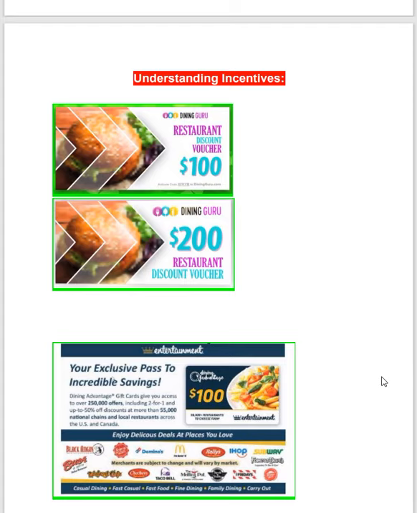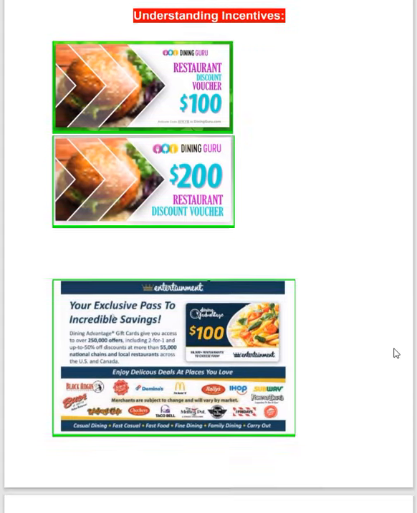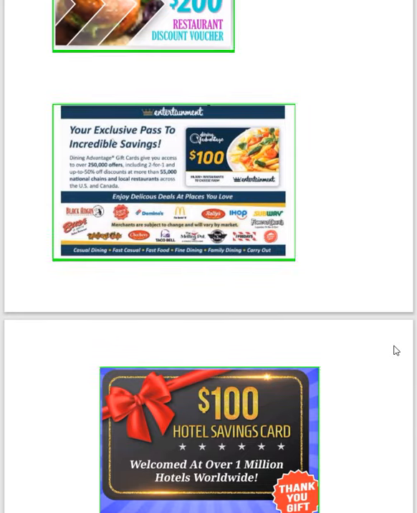So what are the incentives? Let me explain all the incentives that you can offer to your customers, and the policies regarding using these incentives. Now, you can give away to your customers a $100 or $200 restaurant voucher. This is digital money which they can use at 10,000 restaurants. Give me a moment here. So this is where all the policies are.